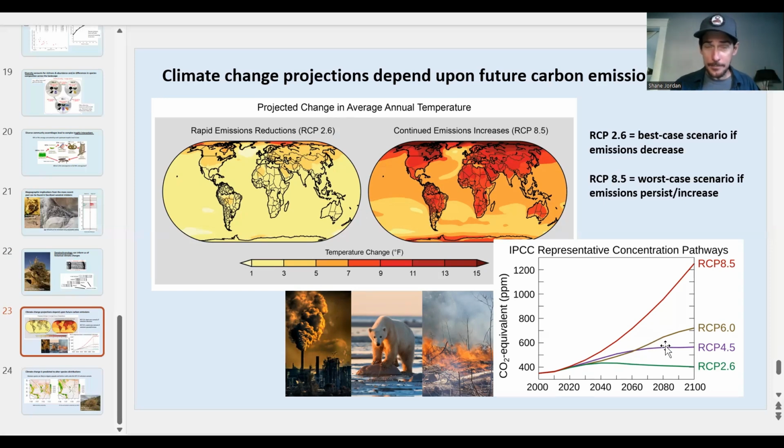RCP 6 is a little bit more of a dire situation, where we're not really going to stop using carbon. We're not really going to stop using fossil fuels. Our carbon emissions are going to continue. They might decrease a little, but they're going to continue. And the concentration of carbon dioxide in the environment would then go up quite a bit more, maybe almost more than twice as much. And then RCP 8.5 is really the doomsday scenario, where if we just completely ignore the